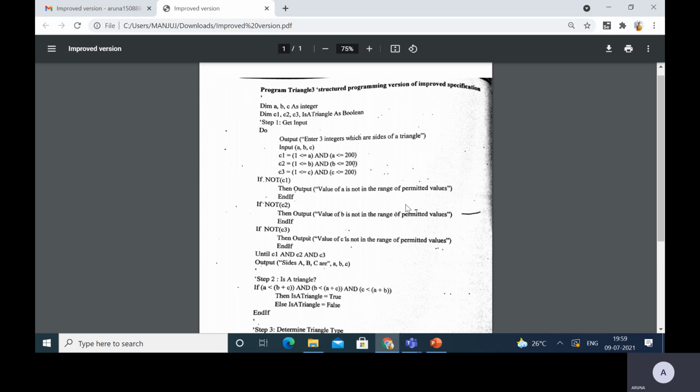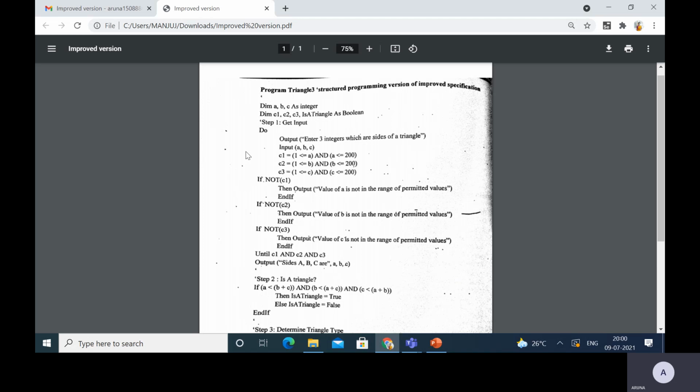The value is not within the range. Again, we have to repeat this loop. Now, not of C1 is false. Since we have true, true, true, not of C1 becomes false, again false, again false. So all are false.